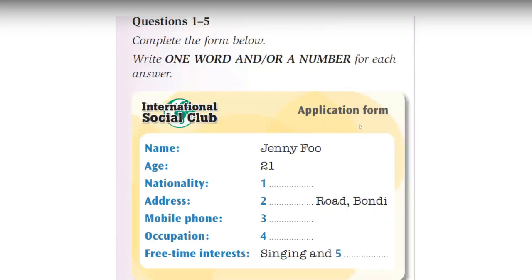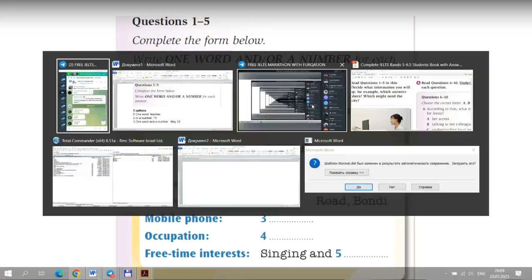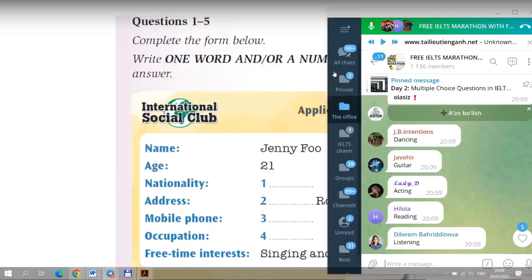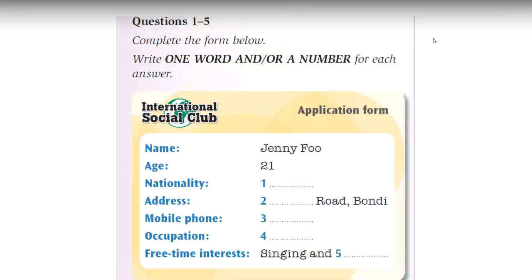So now we're gonna listen, and I want you to take notes, and if you have some kind of paper with you or a notebook or whatever you have, write the answers from 1 to 5. So I will play the audio. Before we start, let's see if you guys can hear it, because I will be playing it through my phone because I don't have a speaker with me right now.